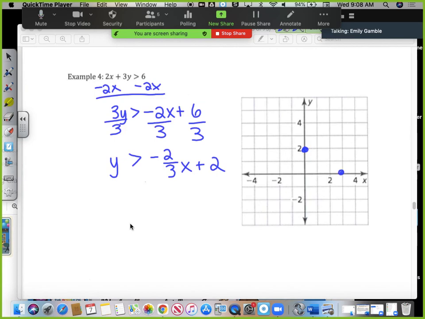This is a dotted or dashed line since it's just greater than. And anything greater than this line is going to be anything up